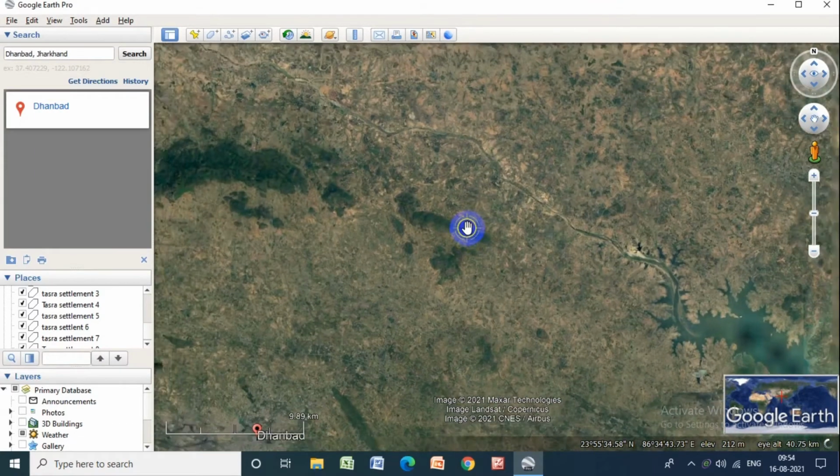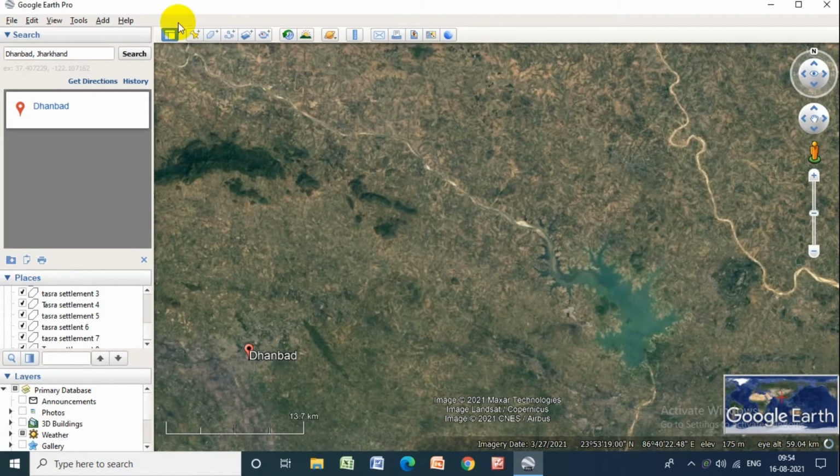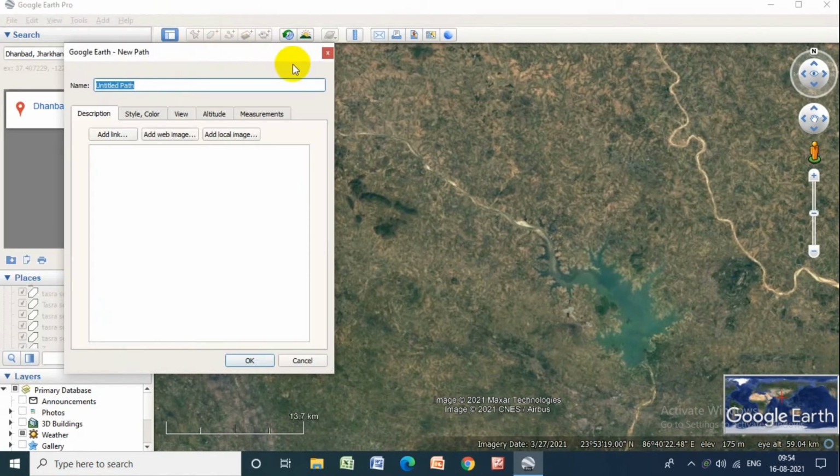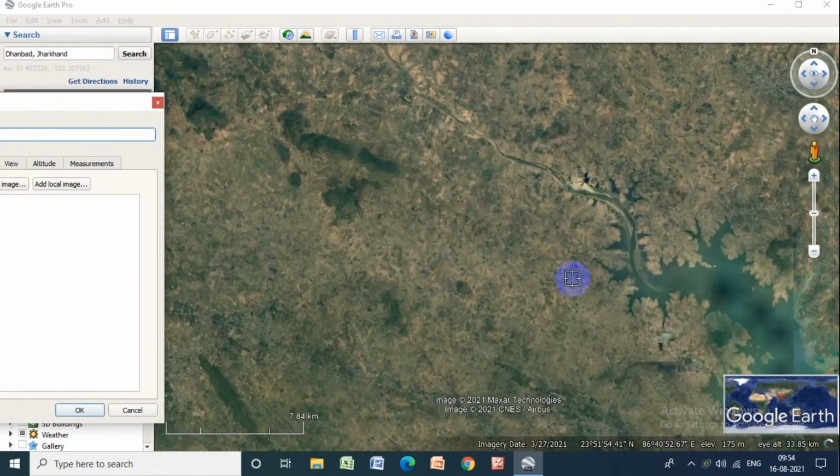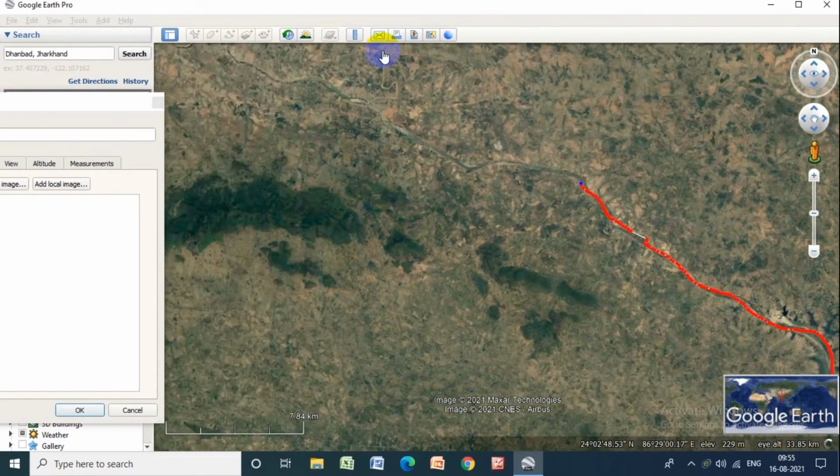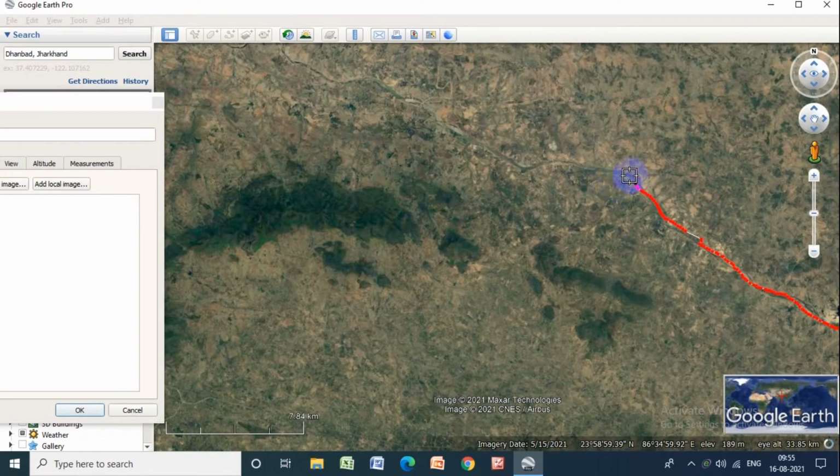So we have to trace it with the help of this tool. Try to trace with accuracy. This is the Barakar River.